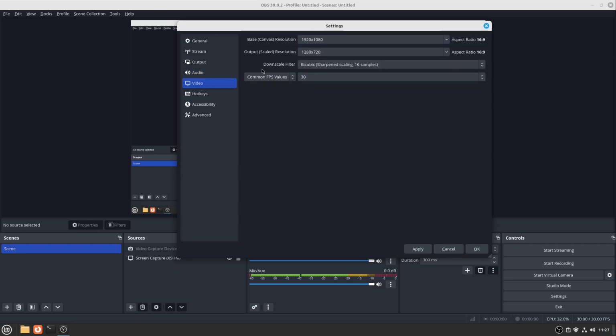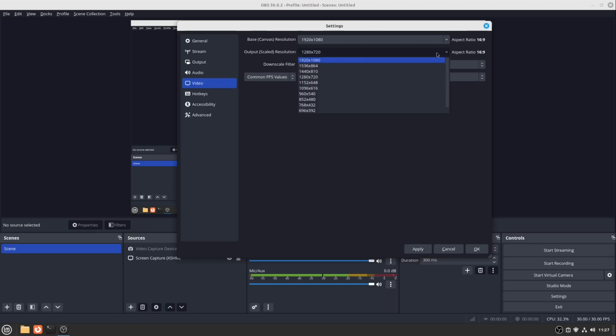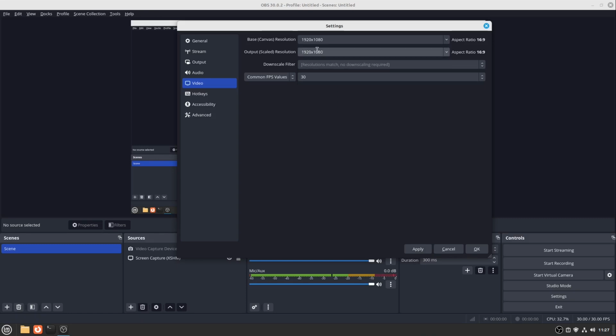Here we have our output scaled resolution. We want to use this one and we want to set this one to full HD, 1920 by 1080. If you want to change this one to 4K, then do this, but I recommend you to not jump higher than you need,